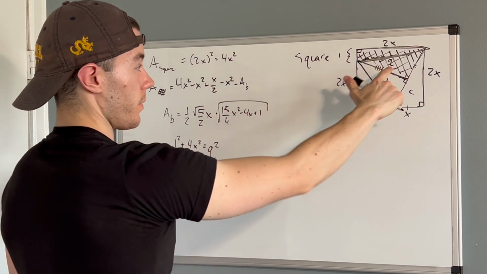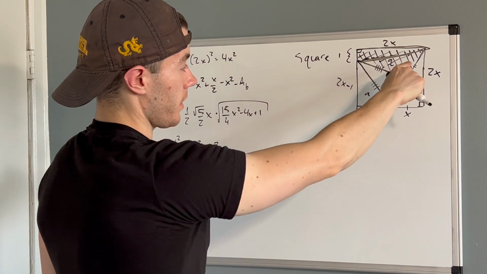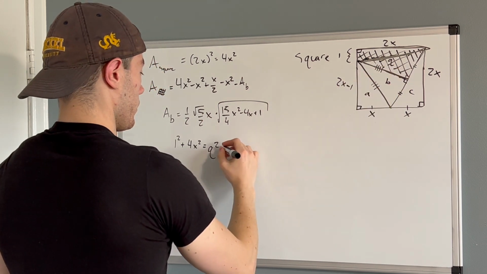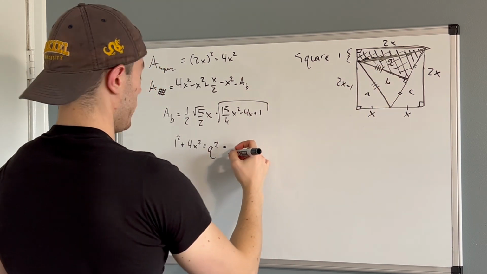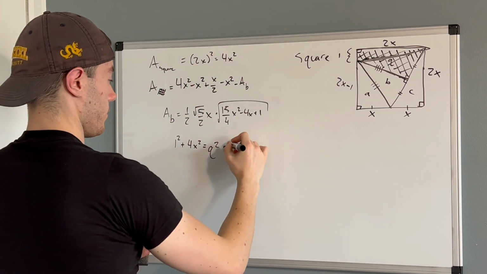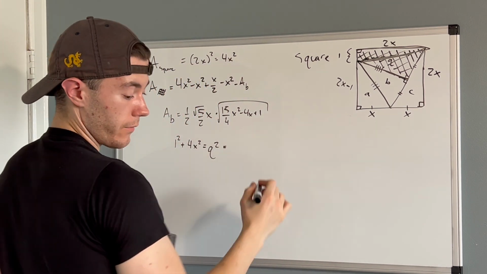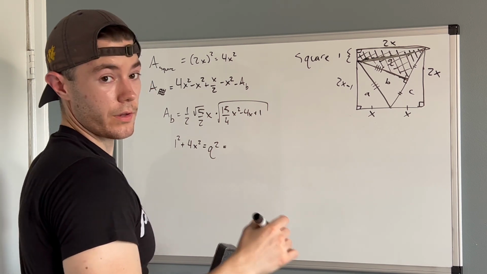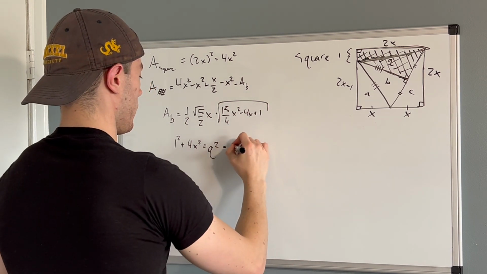That's the hypotenuse. But it shares the hypotenuse with this triangle, which is equal to 2 squared, and 2 was √5 over 2x. If you square that, you get 5 over 4x squared